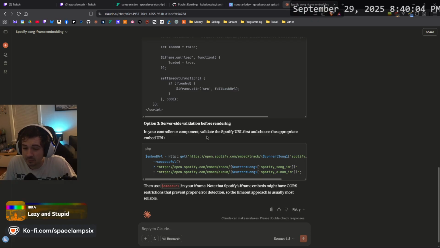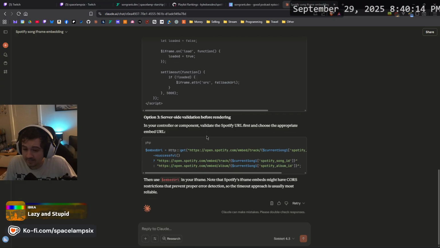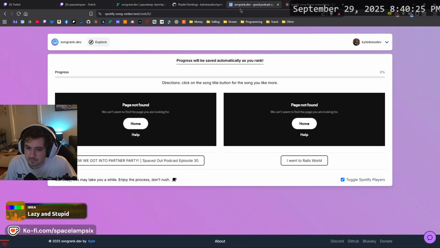Server-side validation before rendering. That's going to add so much latency. It would work, though. Oh, it might not even let that. Hmm.